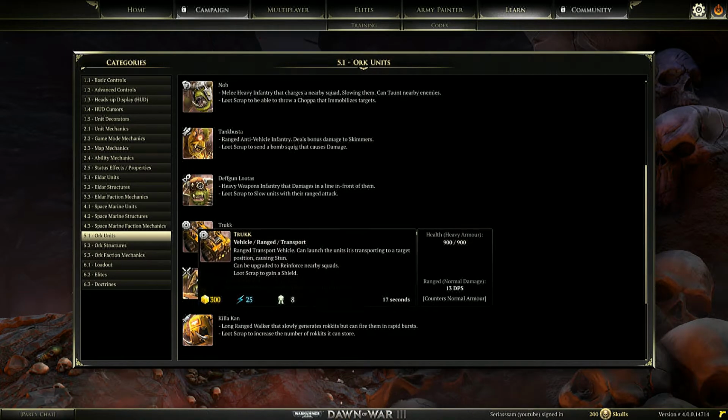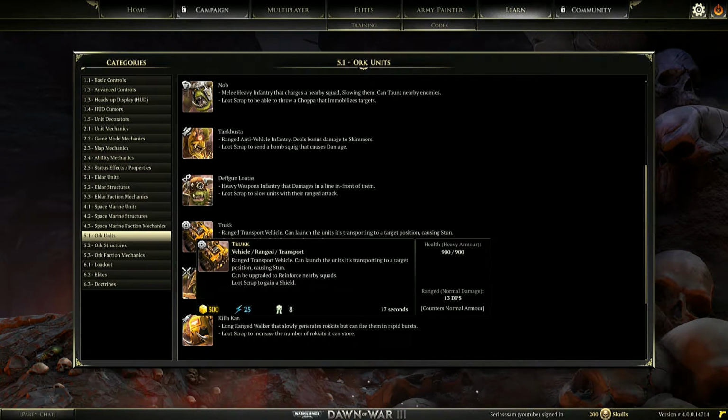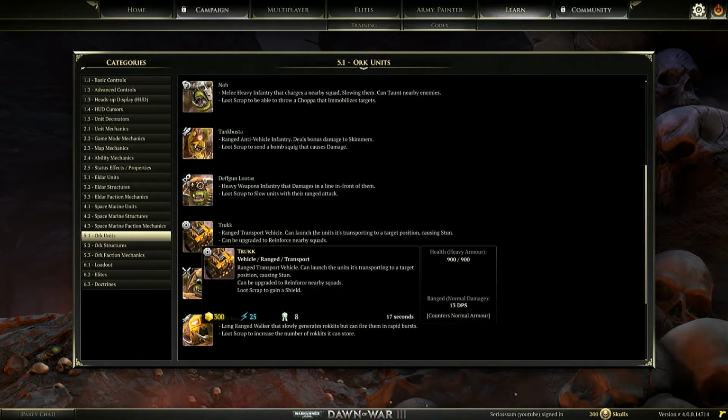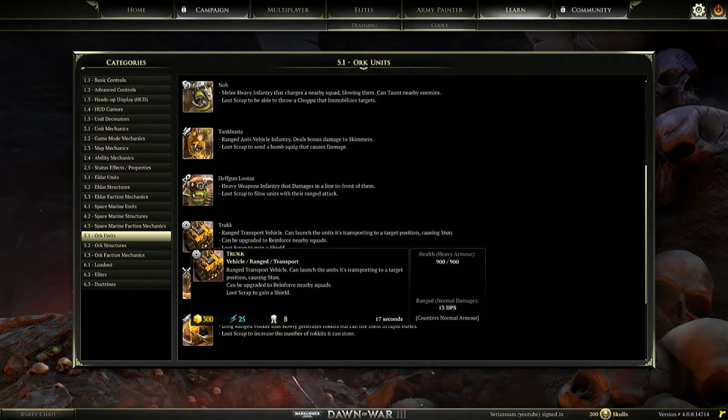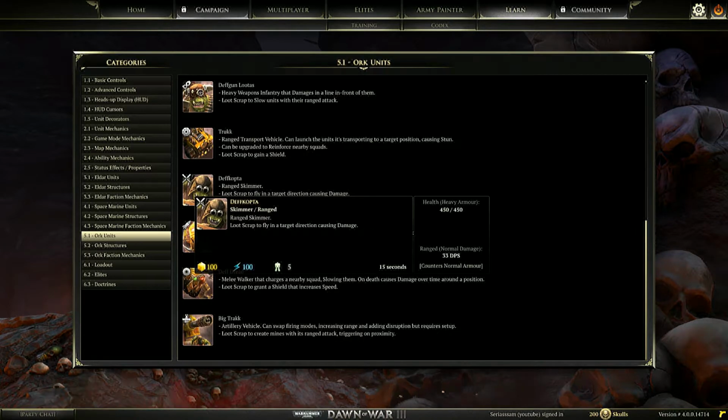So they have a truck which you can put units into, and it launches them out. So it can launch the units it's transporting to a target position, causing a stun, and can be upgraded to reinforce nearby squads. So you loot scrap with this guy to gain a little shield, because he doesn't have much health, as you can see over there. So he's quite easily killed. Then we've got the